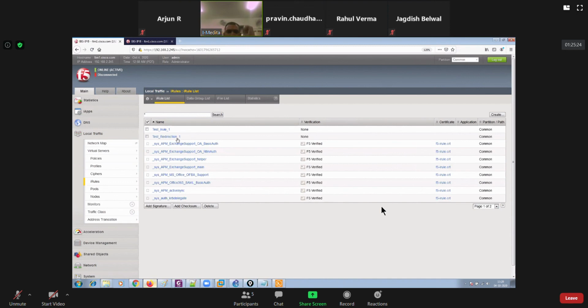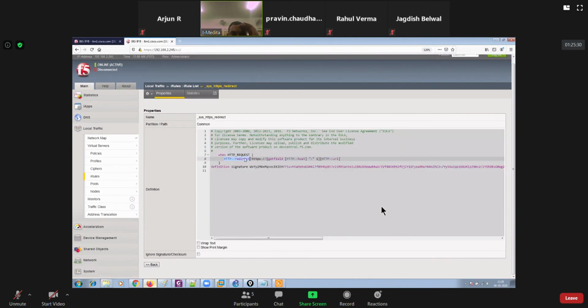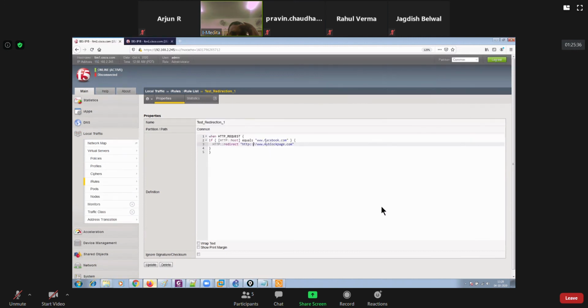It got accepted. So it was a dual colon here. Let me see that. It was a single over here. Let me check that now once again. Let me remove this and let me try to update it. Yeah, it got it now. So between HTTP and redirect, we had only one colon. However, it should have been dual colon, right?